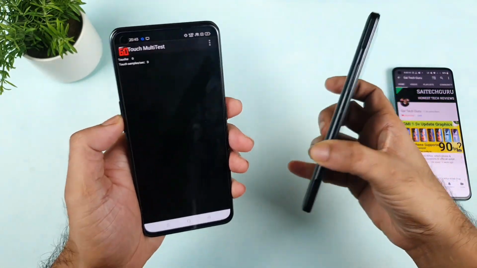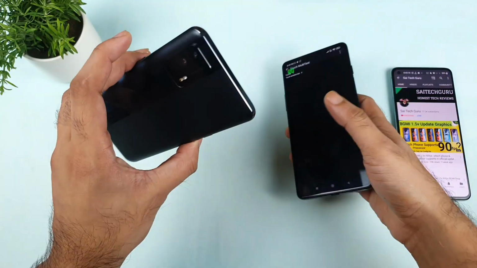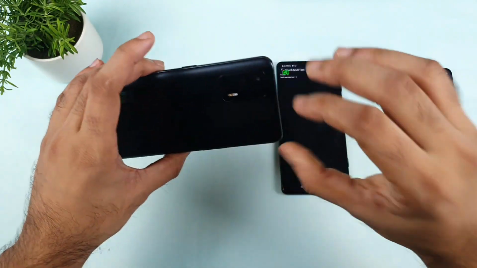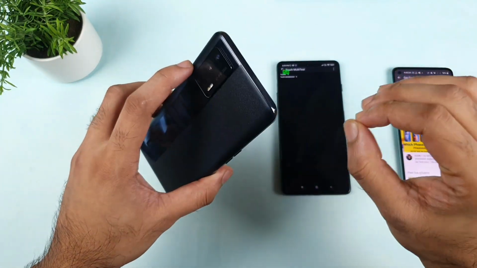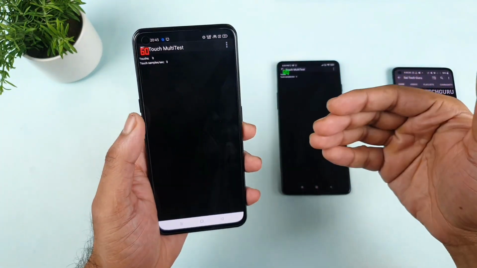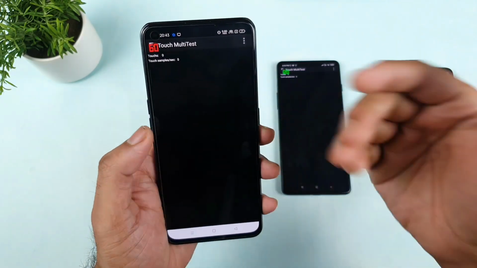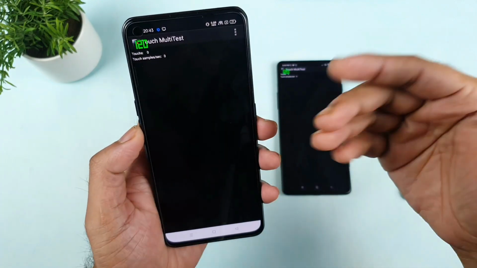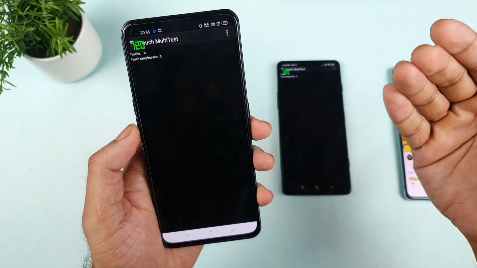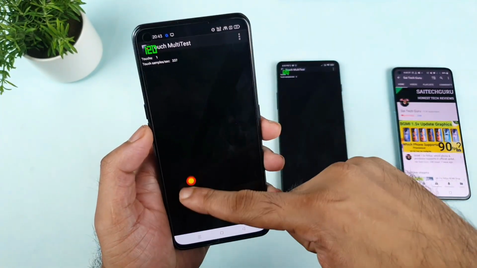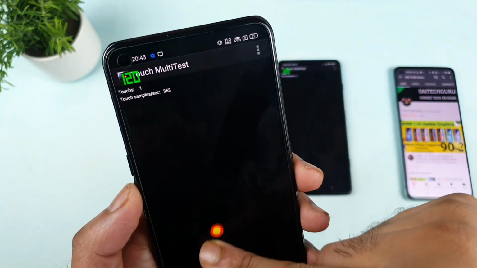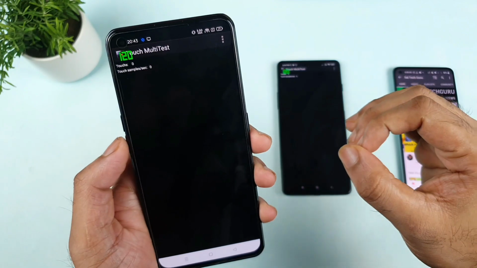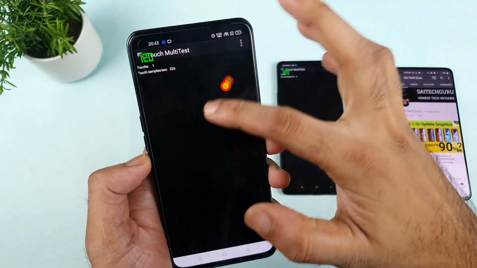I'm getting plenty of comments like this from Realme X7 Max users. I'm not sure, friends, whether this is a problem with my unit or with a few of the users. Of the users I asked, maybe 20% said they are getting only a 240 Hz touch sampling rate in this phone. I'm not sure why it is like that, but maybe it's a software issue which Realme can fix, hopefully in the future. But right now, these are the values I'm getting. From the starting day till now, the same problem is there. I'm not aware exactly what is going on with the Realme X7 Max.